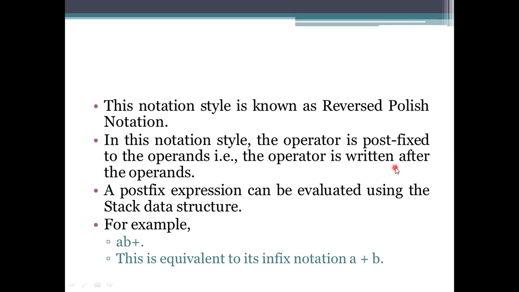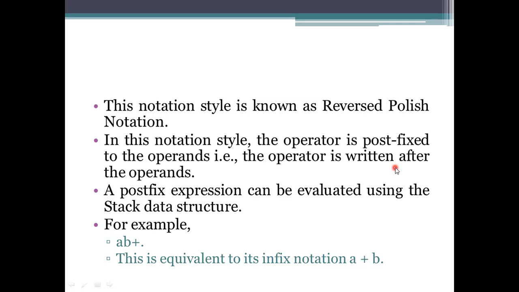Here we need to insert each and every element, whether it is a variable or an operand. We will read that one and we perform the actions based on the accessing of this representation.